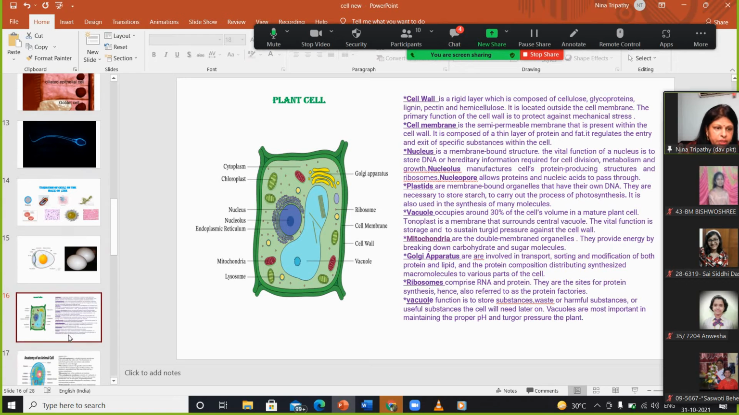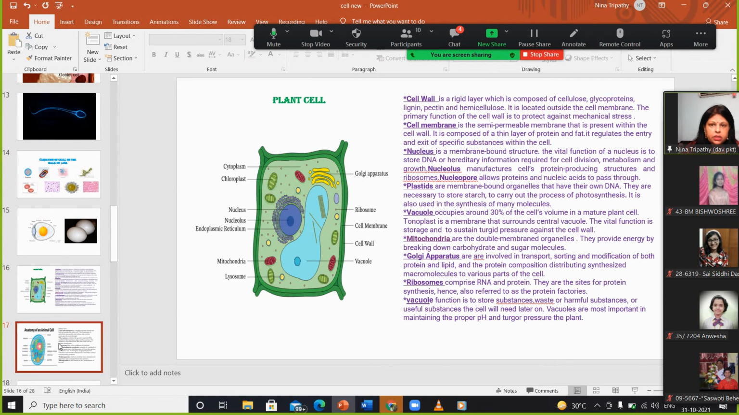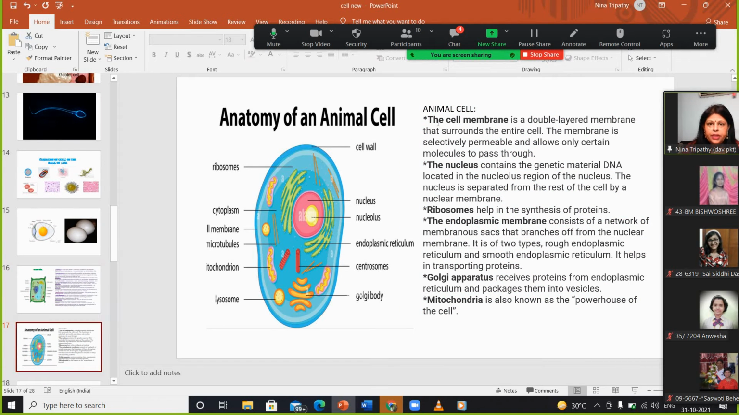Then the next one is the animal cell. Okay, animal cell. Did you get the animal cell now on the screen? Animal cell, plant cell, you can know the difference by seeing the picture also. They have the cell membrane, they do not have the cell wall. And the cell membrane, the double-layered membrane, that will be lipoprotein only, semi-permeable, allowing certain substances entry and